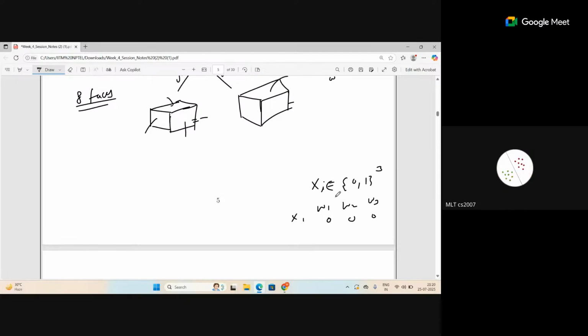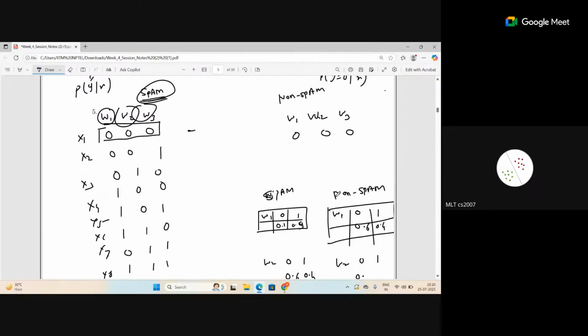In this case, actually, we are not considering them as coins. Later on anyway we are going to, but right now, how to decide all of that? What is the probability of x1 in this case? If it is 8 faces, then what is the probability of x1? It will be some probability, based on the words we have chosen here and the spam email which is given to me, let's say 0.1. So x1 will be a spam email. What is the probability of being a spam?